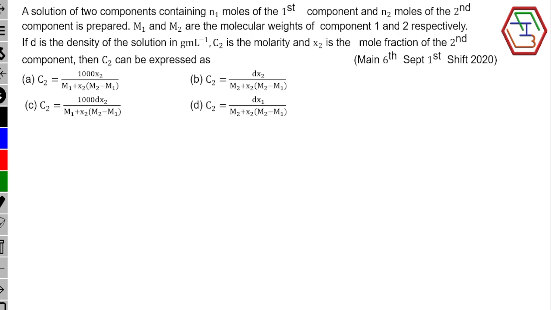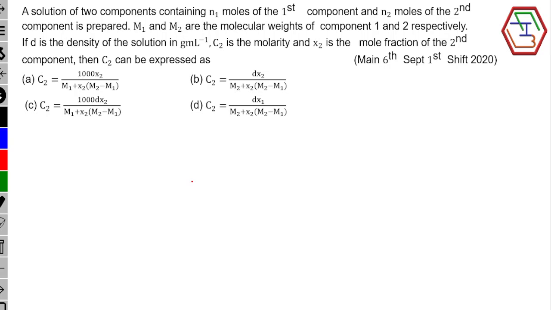A solution of two components containing N1 moles of the first component and N2 moles of the second component is prepared. M1 and M2 are the molecular weight of component 1 and 2 respectively. If D is the density of the solution in gram per ml, C2 is the molarity and X2 is the mole fraction of second component, then concentration C2 can be expressed as,